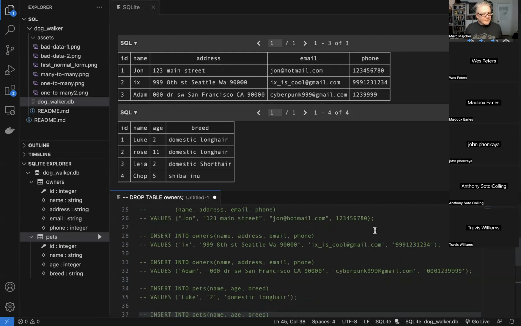Earlier you were saying that you wouldn't have made the phone numbers integers. What else would you have made that? I would have made it a string probably, or if we wanted to be strict about stuff, I would probably have four fields, or however many we need, that have country code and area code and that.